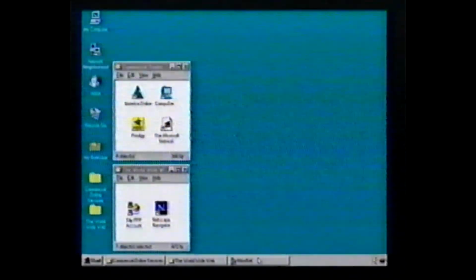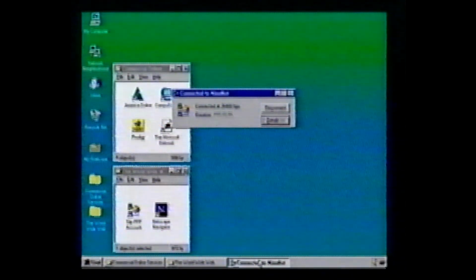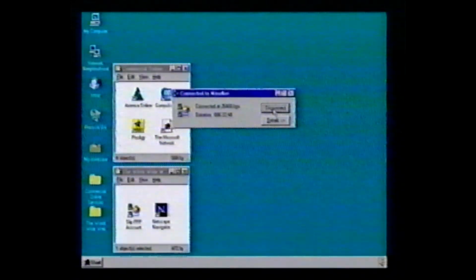Netscape Navigator closes. Remember, we are still logged on to our internet access provider, and we need to disconnect our modem. We click on the Internet Access Provider icon on our Windows taskbar and click on the Disconnect button. We are now back to our Windows desktop.